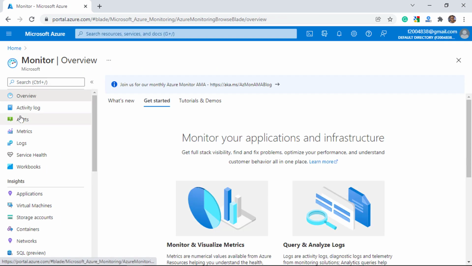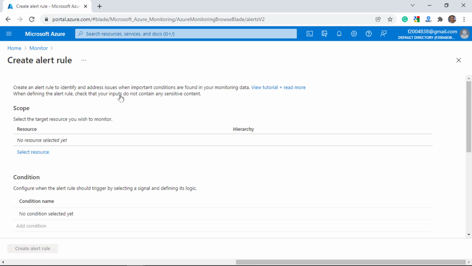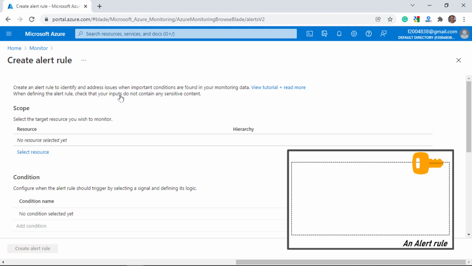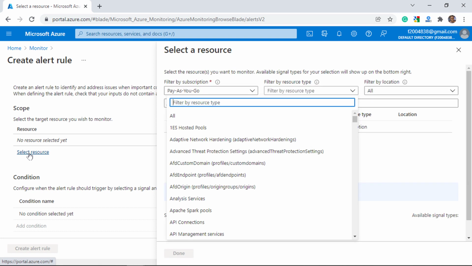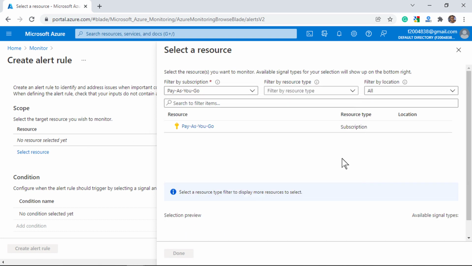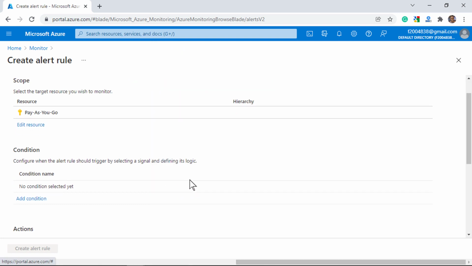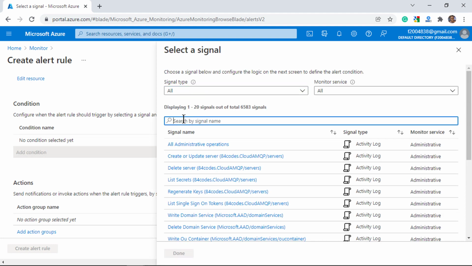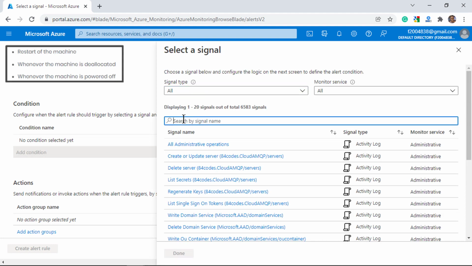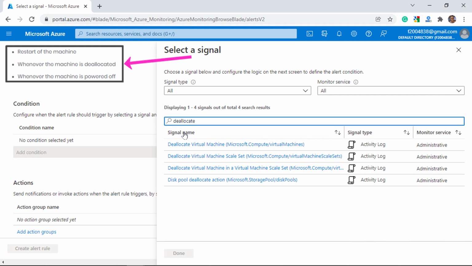Let's create an alert rule in Azure Monitor. An alert rule contains three parts: the scope or the resource you wish to monitor, the condition which defines when the alert rule should be triggered, and the action where you send notifications or invoke actions. Let's select our subscription as the scope and define a condition which will trigger this alert rule. The question had three requirements. So let's search for VM deallocation,